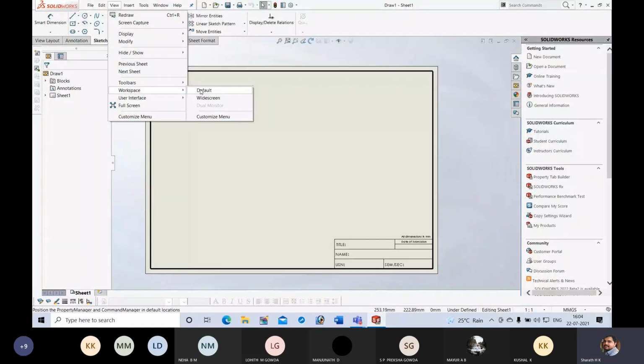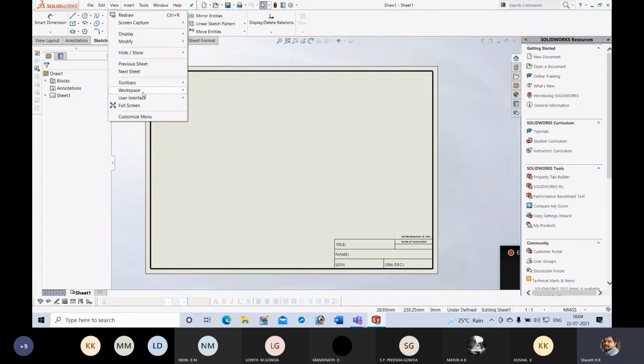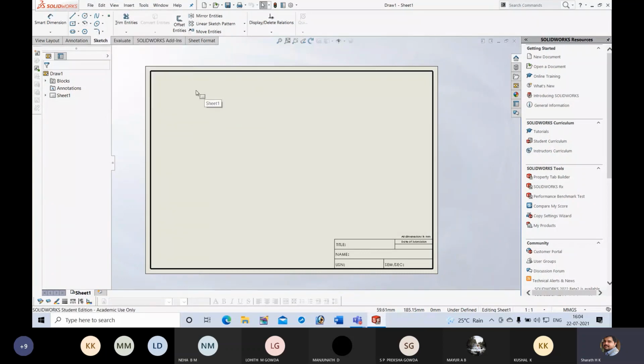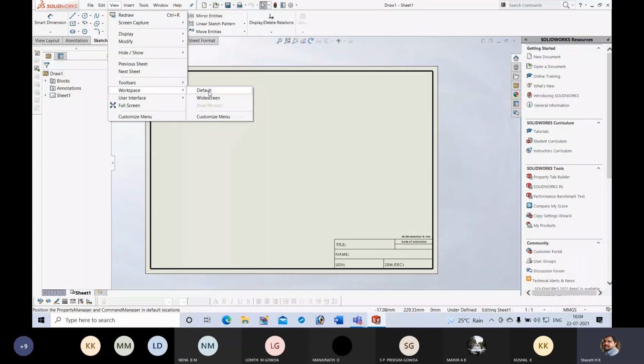If your toolbars are not arranged properly, go to View, then in View go to Workspace, Default. If you use these 3 options, you can get all required toolbars.